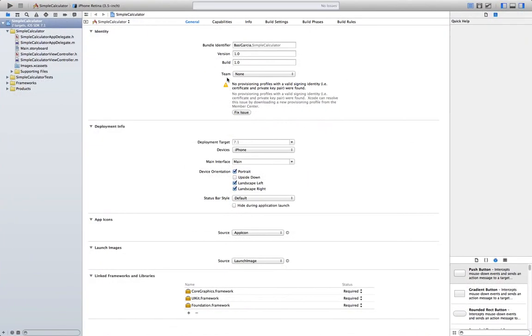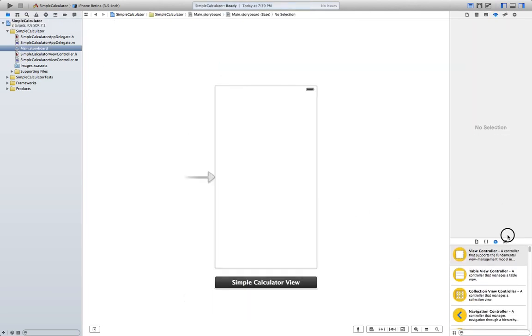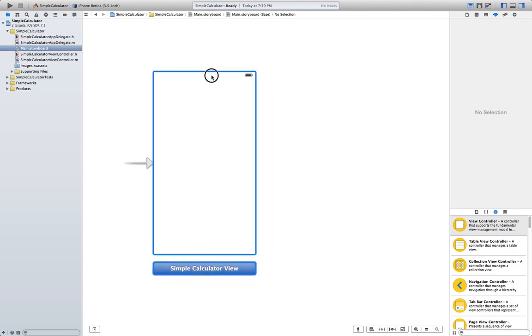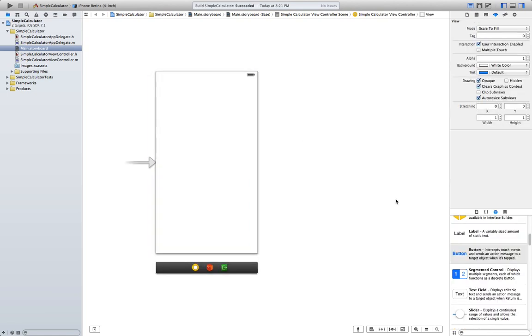Alright, since this is going to be a calculator, we are going to need a user interface. Let's go ahead and create that first. I'm going to show you how to make a nice looking app. That's going to take a little more time and effort, but it's going to be worth it, because in the end you want all of your apps to look good, so it's good to get some practice. So the first thing we need is a label to display a result.